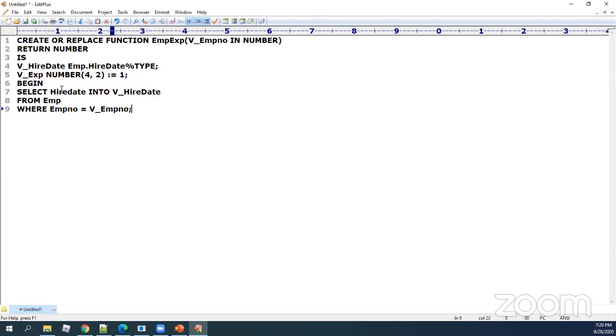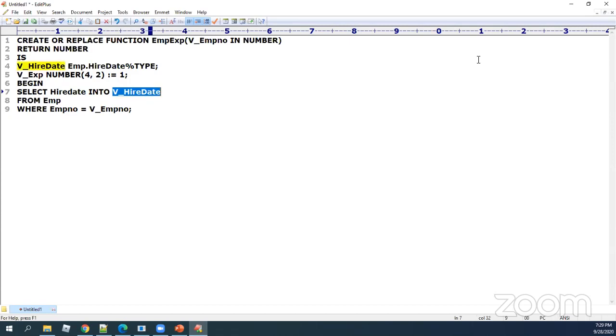This select statement is going to contact my database server. For every employee number that you pass, that specific employee number will be searched and that employee's hire date will be transferred into this variable.